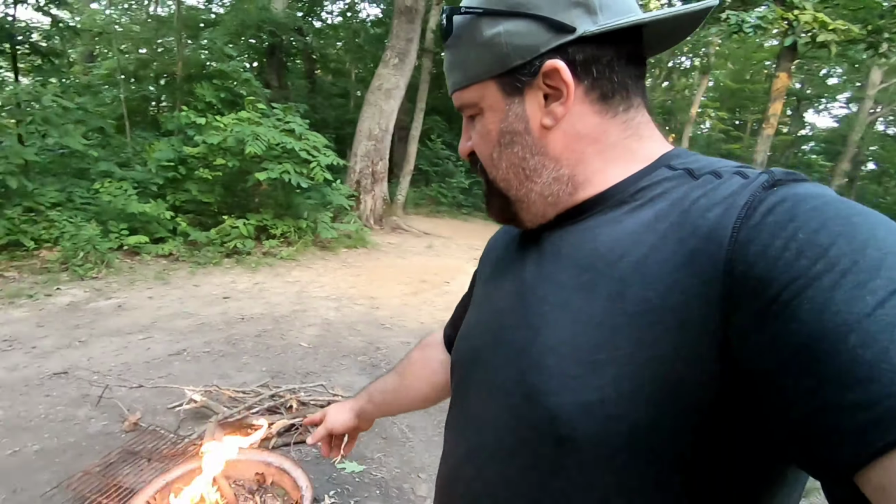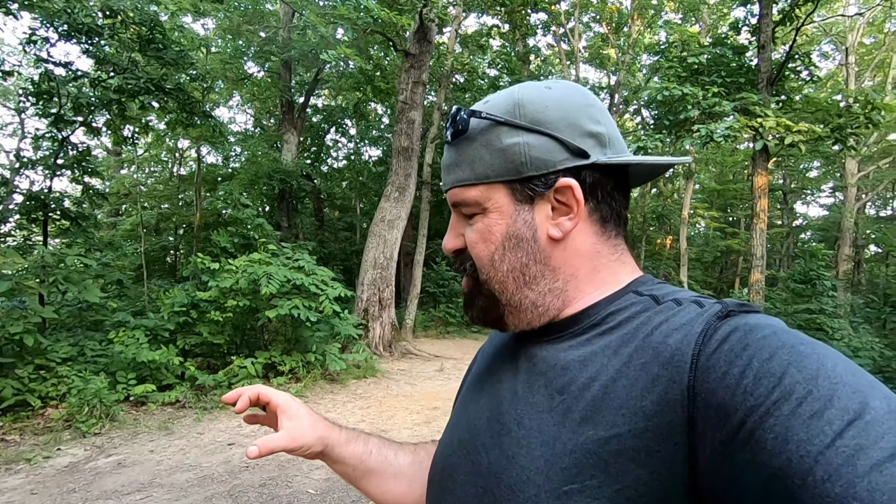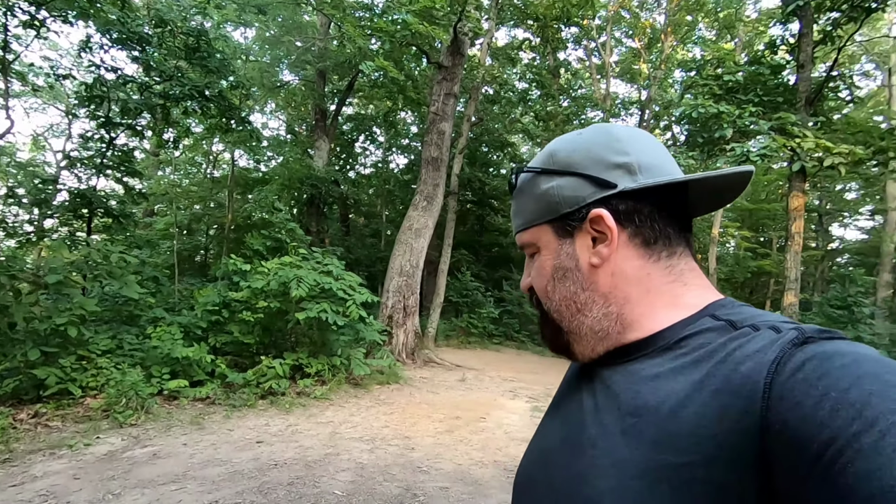Got this nice fire pit, some racking, and then Missy was looking for wood and she found a big chunk of that fire starting bricks stuff. I can't believe people carry those big things out here. But thank you, whoever left it. Yeah, whoever left it, thanks. So that started up rather easy, but the real question is